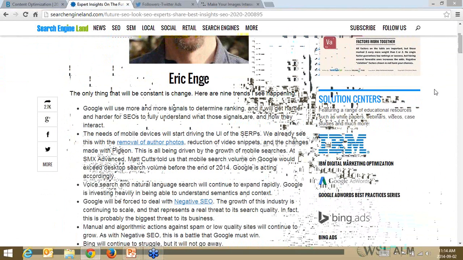As I go down and we start seeing some of the other experts weighing in on this, they essentially resonate the same feeling. Mobile's playing a huge, huge role when it comes to how Google's shaping up their search engine result pages. It's going to have a huge impact on every decision-making process that Google does.